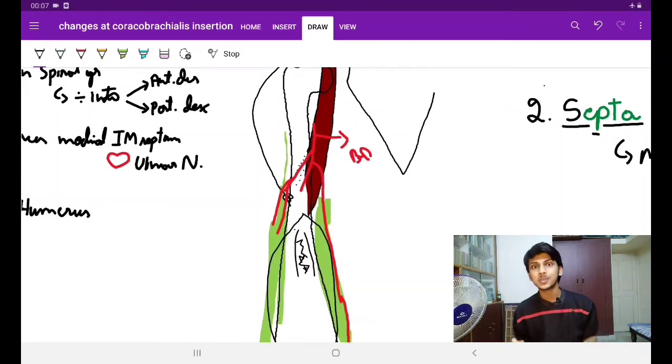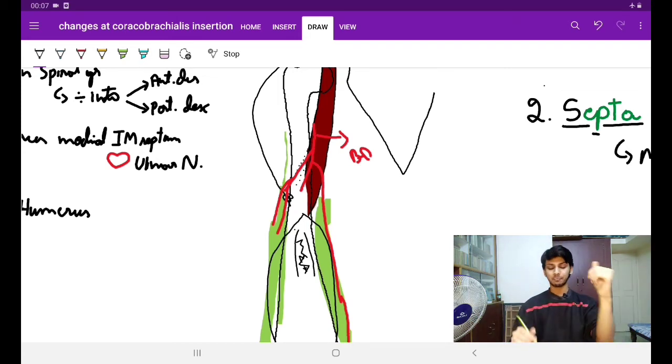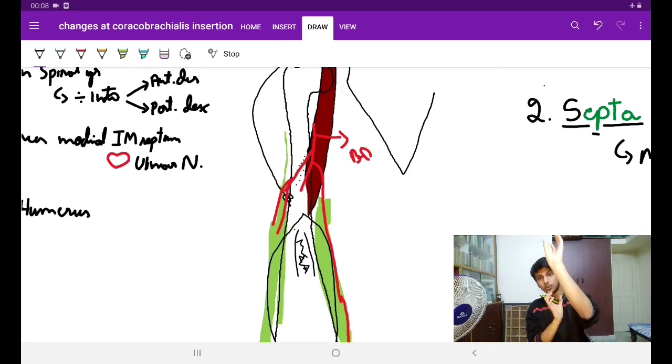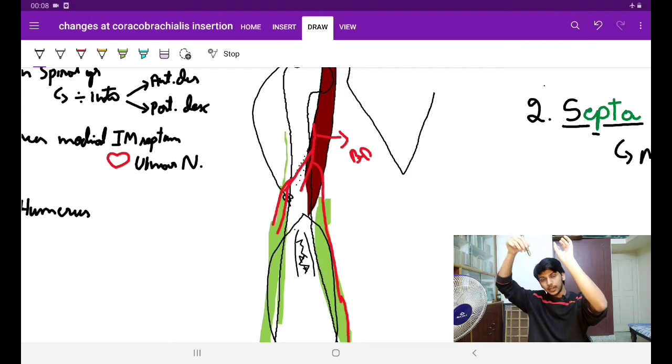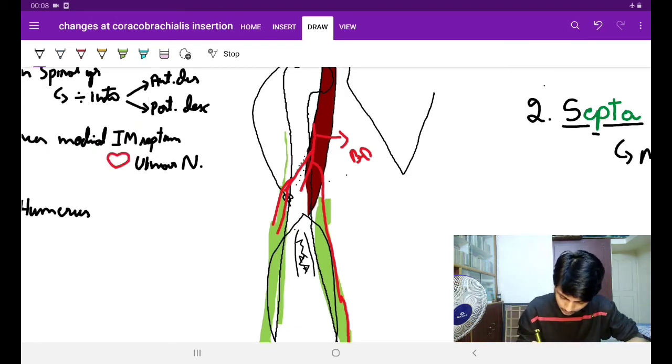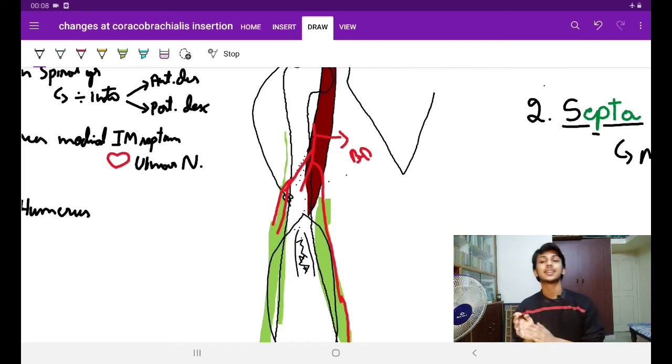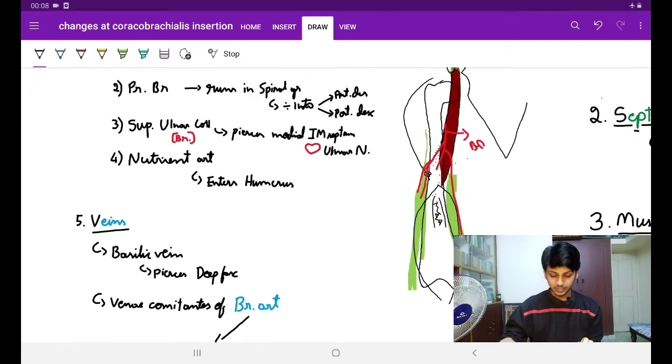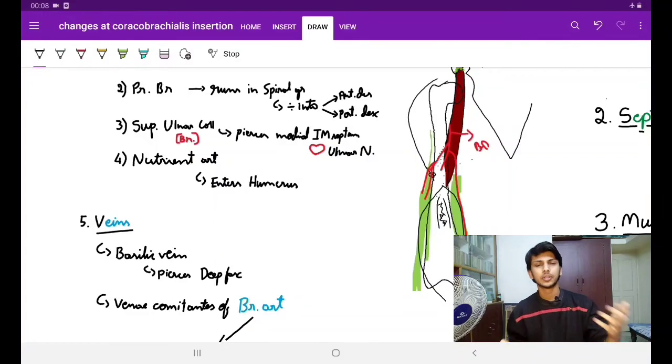And what direction is it pointed, guys? While studying general anatomy, we studied a very beautiful concept. The nutrient artery enters the bone away from its direction of growth. Now see here, the humerus usually grows through the upper end. So the nutrient artery will enter downwards like this, through the nutrient foramen. Okay. Usually the nutrient artery for the humerus will be a branch of the brachial artery itself.